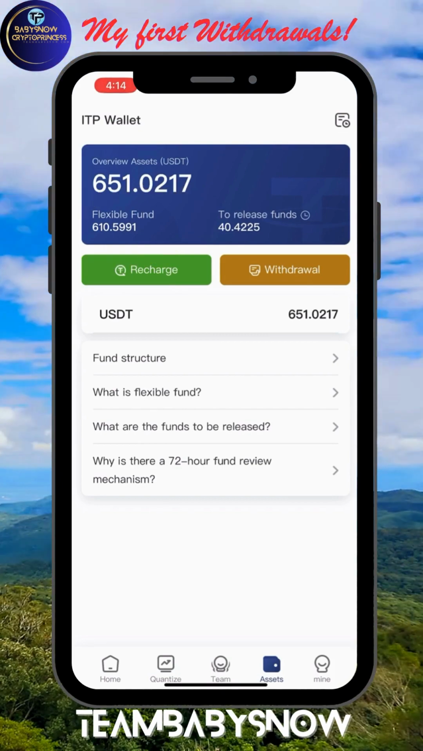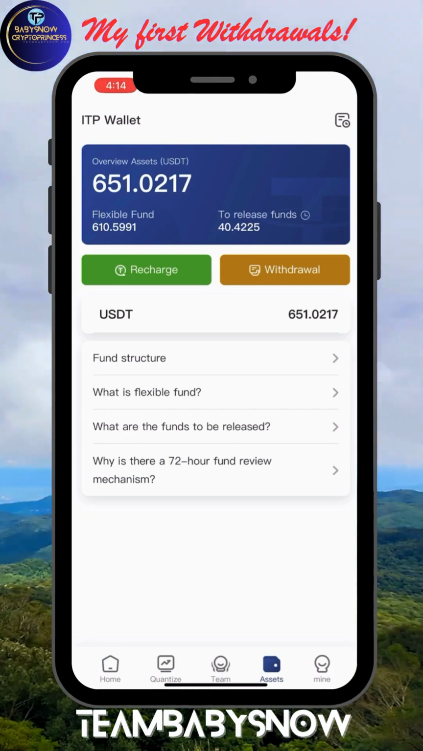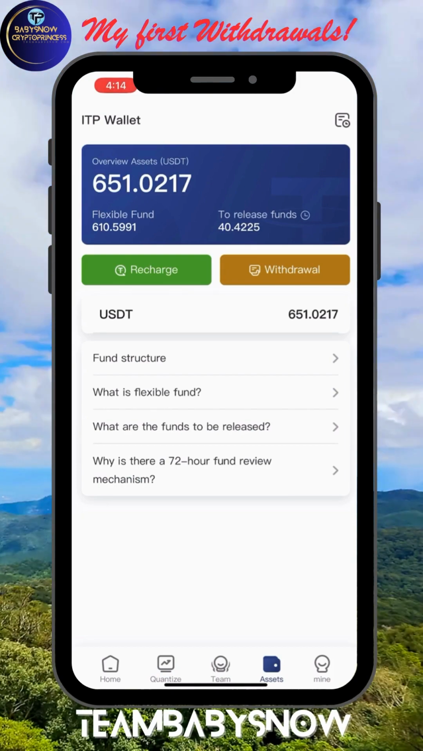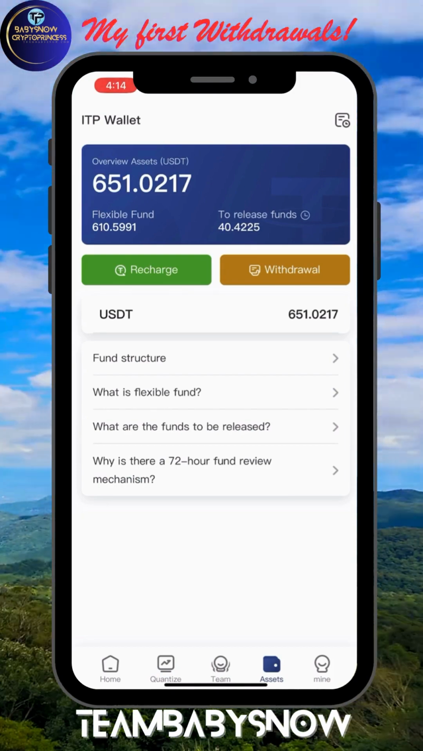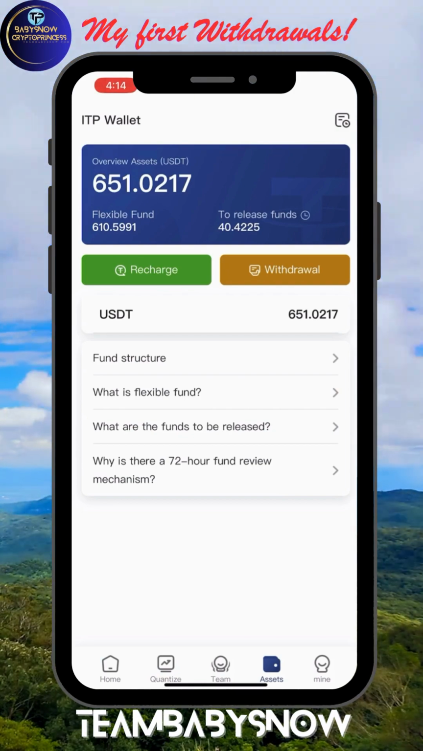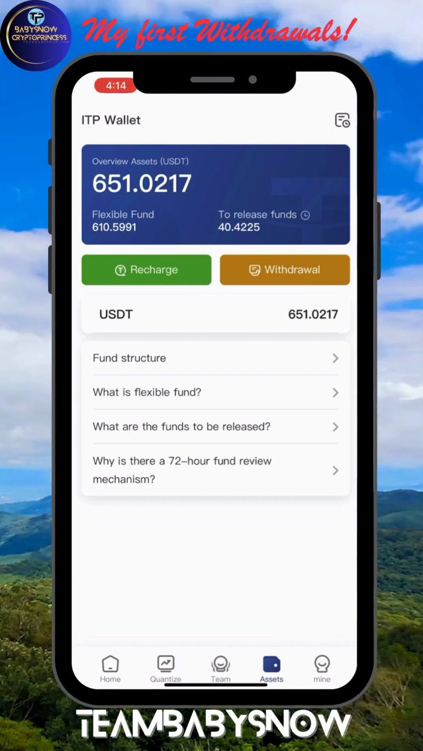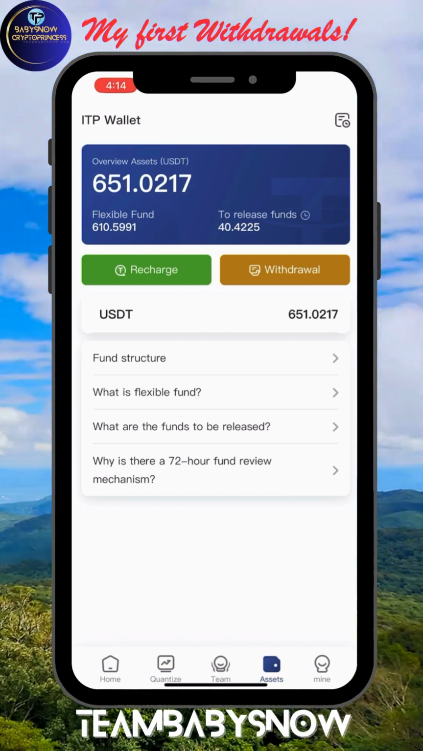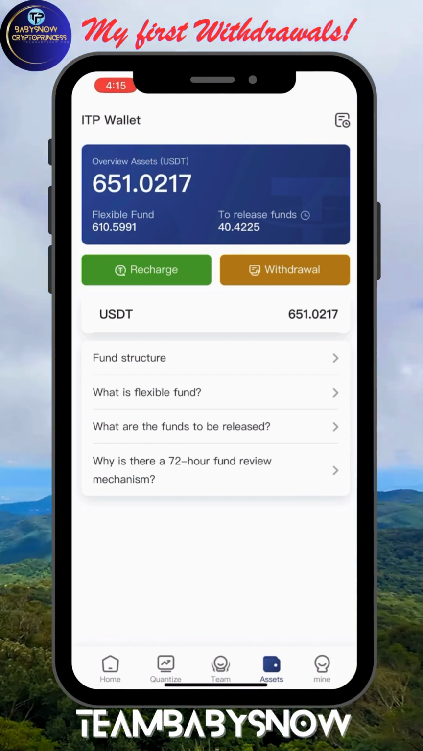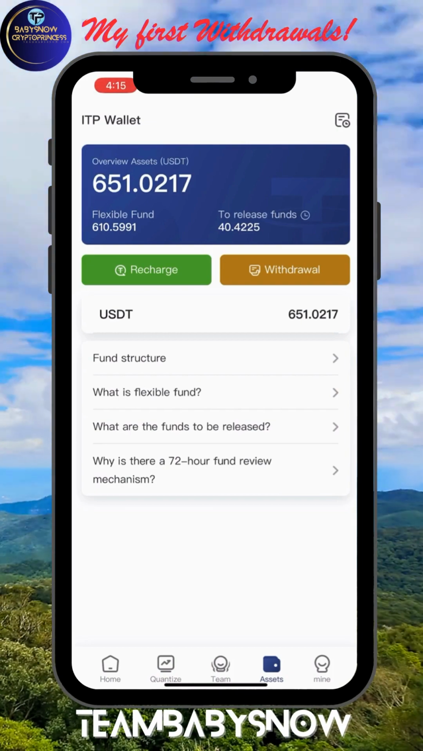So this is the 72-hour fund review mechanism, which makes this platform very stable and sustainable. So yeah, I really love the system and I just want to try the withdrawals. I recommend you guys to do the same. ITP is very stable. It's just for the purpose of my proof of withdrawals, and maybe I will put it back so that I can still earn